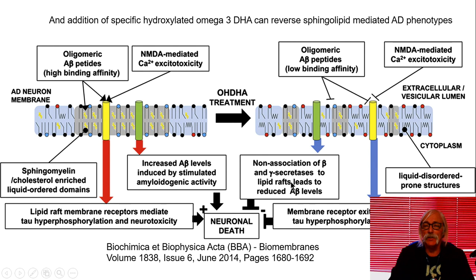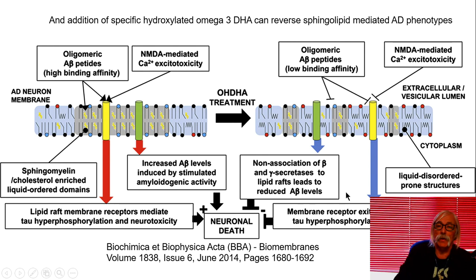You get a non-association of the beta and gamma secretases. That's no longer there, so those lipid rafts aren't made. You get a reduction of the A beta level because you don't have the secretases which cleave the precursor protein, blocking neuronal death. You also get a liquid disordered structure, and that whole thing tends to lead to this